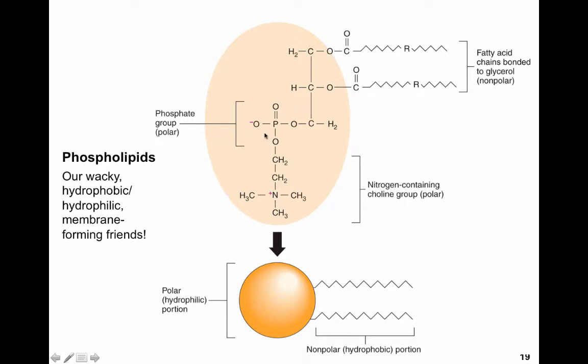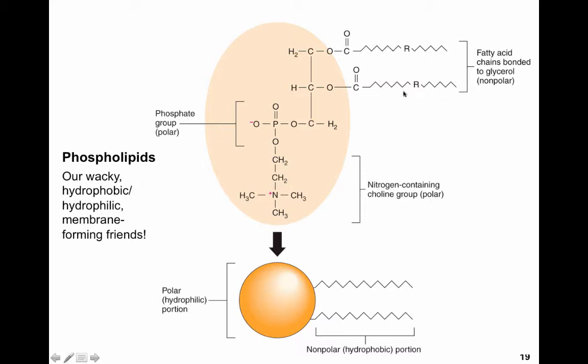And the negative charge on the phosphate group and the positive charge on this choline group cause this part of the molecule to be quite polar. Those opposite charges would attract the positive and negative sides of water molecules. And so we would say that this end of the molecule is hydrophilic, water-loving,